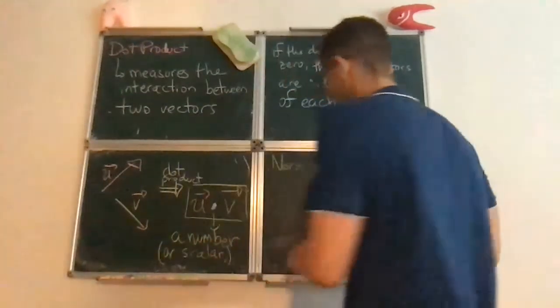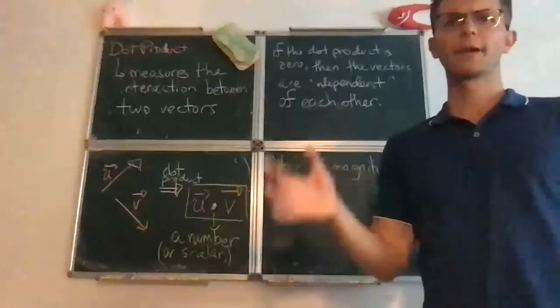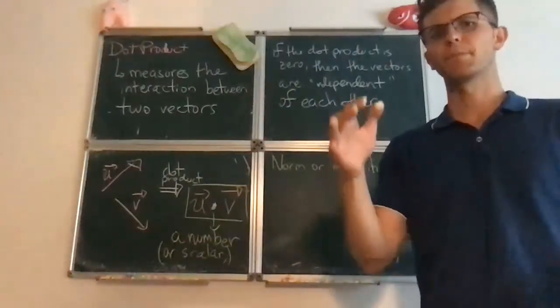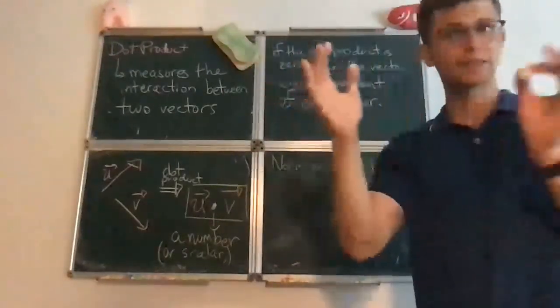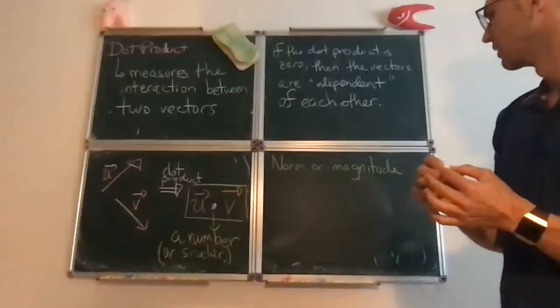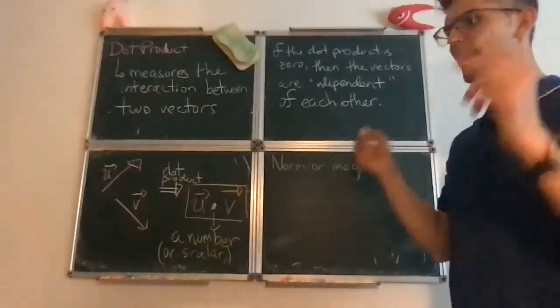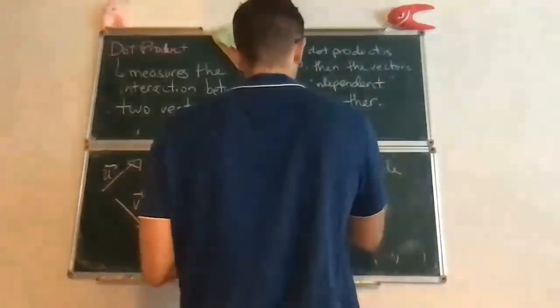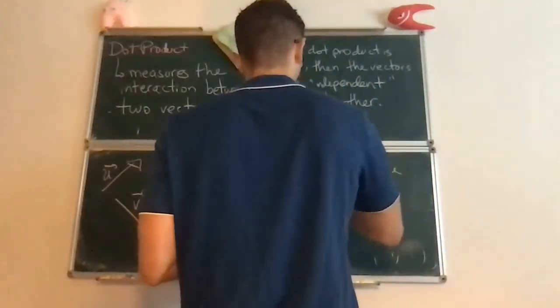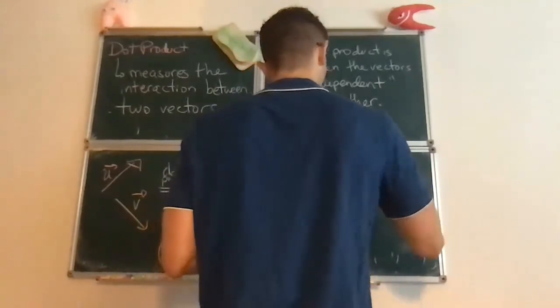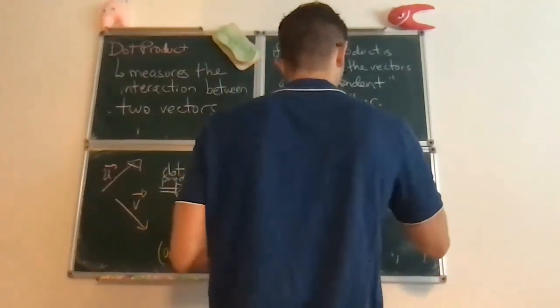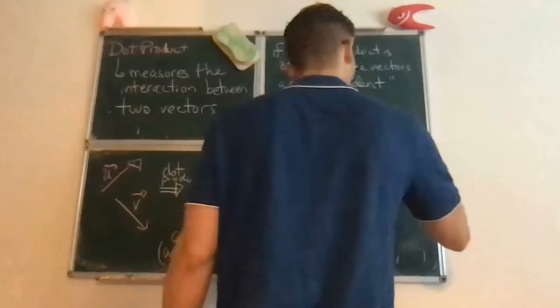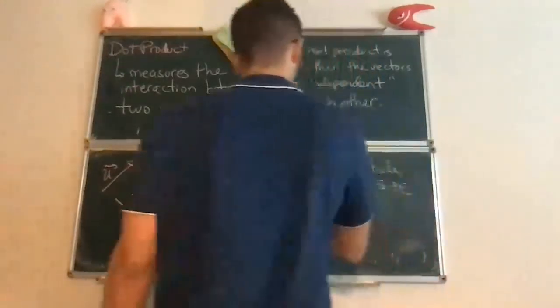As I have said before, a vector is specified by its size and a direction in space, so that when you talk about the magnitude or the norm of a vector, what you're recording is the size of the vector. So this is the size of a vector,